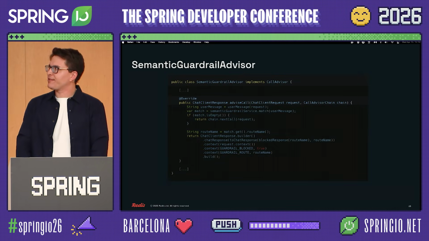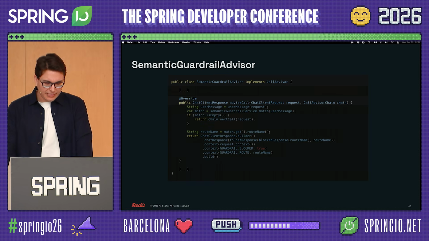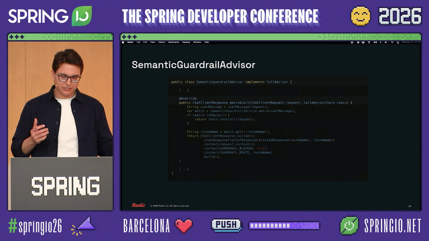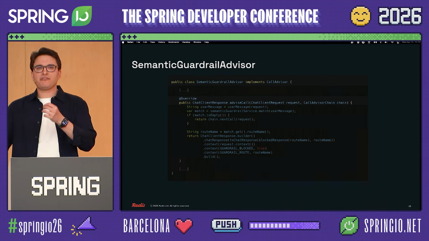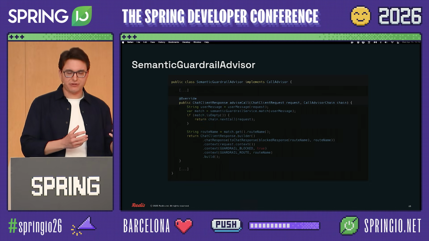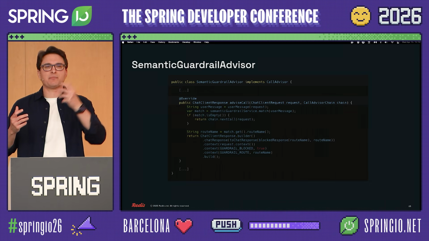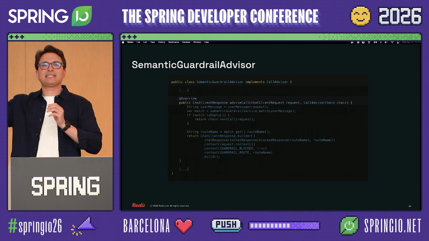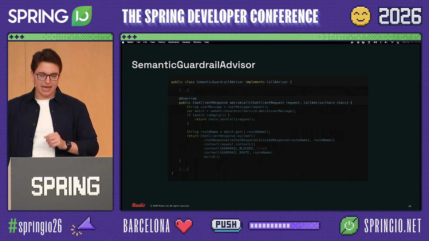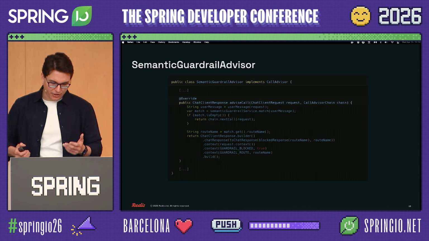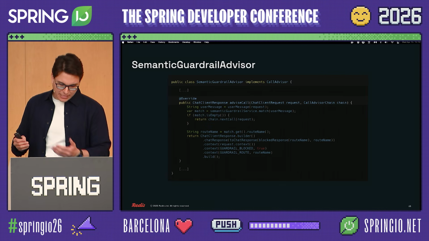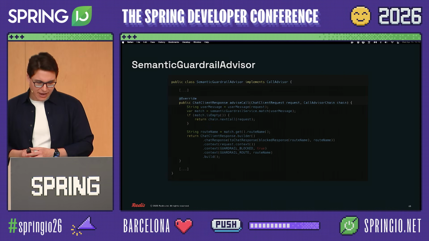So this is a little bit of what the advisor would look like if you're implementing it with Spring AI. They offer 2 interfaces actually, the call advisor and the base advisor. With those interfaces, in the case of the call advisor, you can intercept the call itself, and with the base advisor, you can set up a before and after, so that this can be plugged into your chat client in Spring AI later on, right? So this is the example of the semantic guardrail. You can see that we're implementing the call advisor interface, and because of that, we need to also implement the advise call